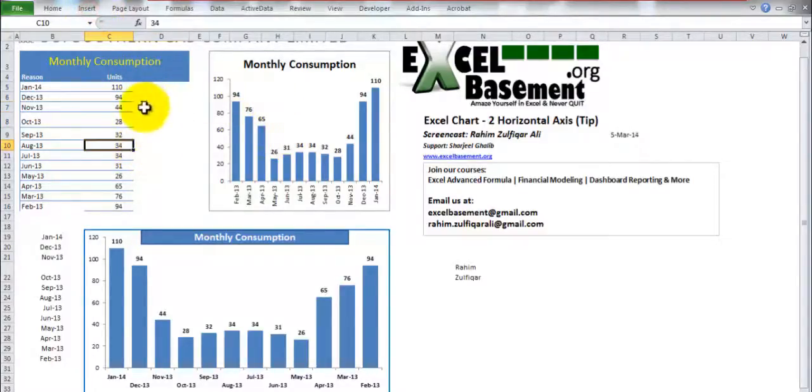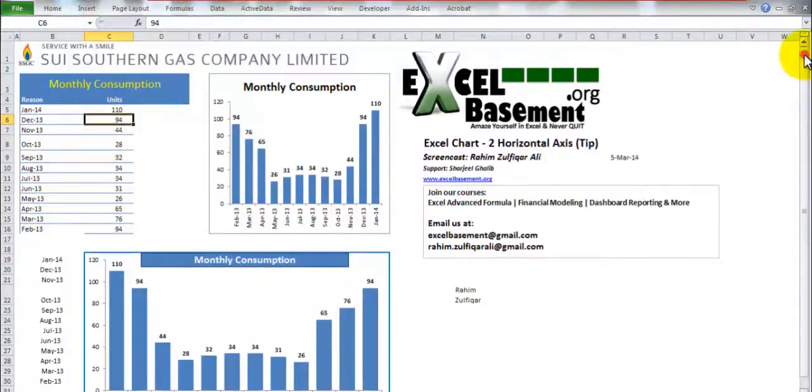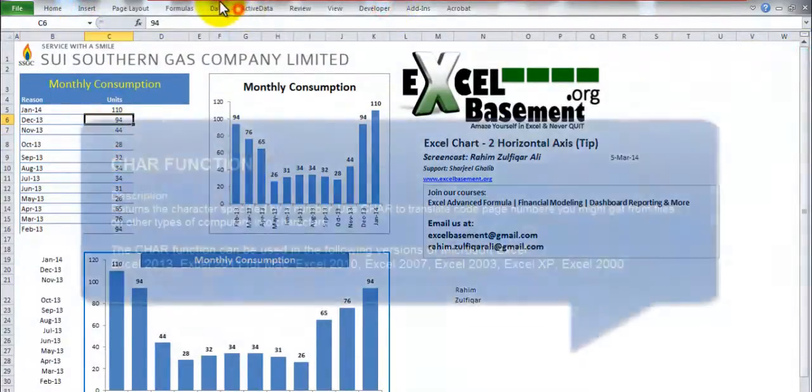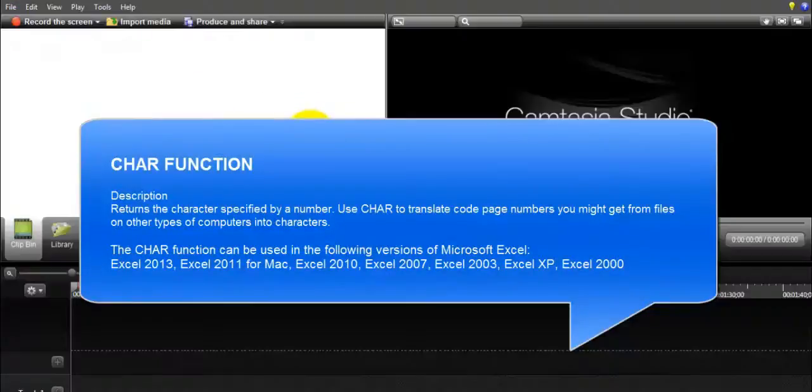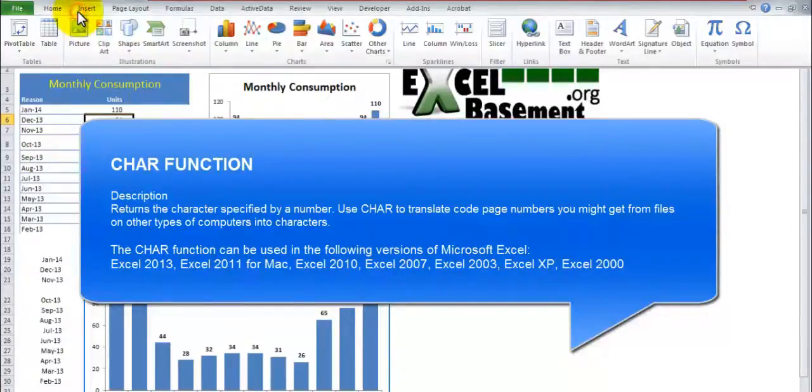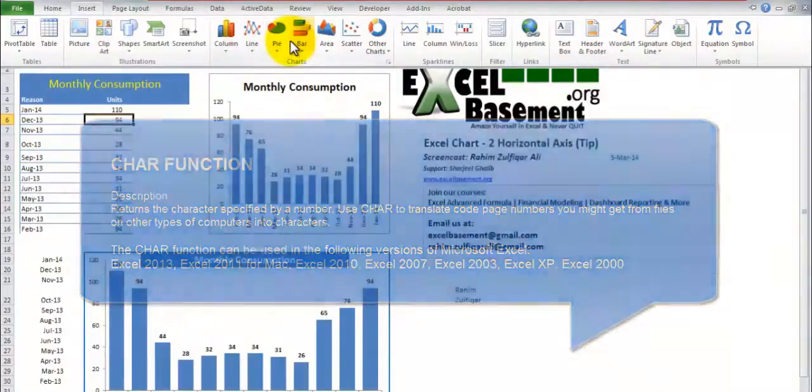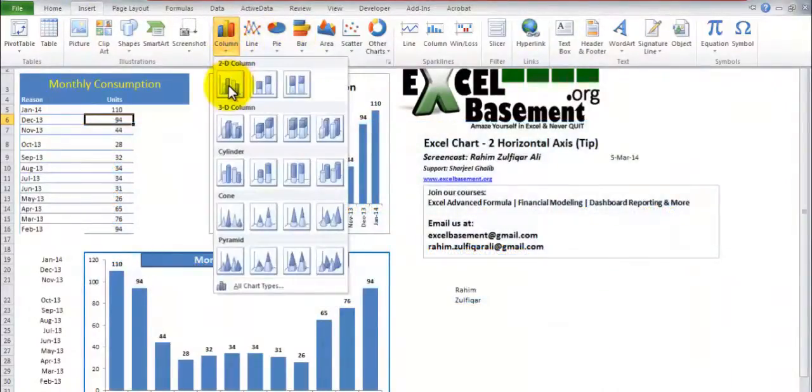Okay, go to Insert and click on column chart.